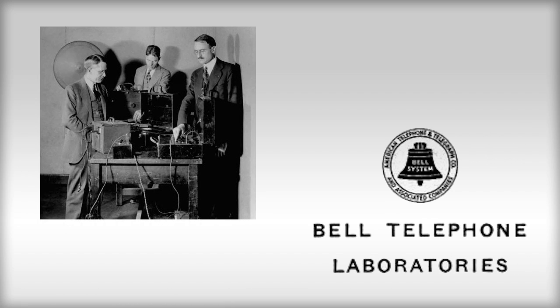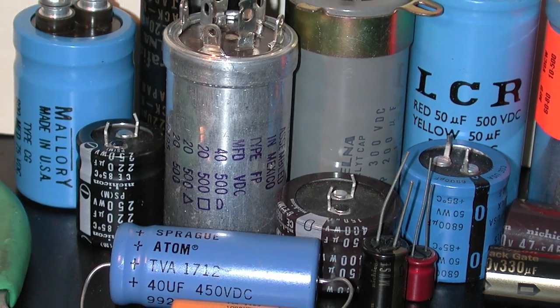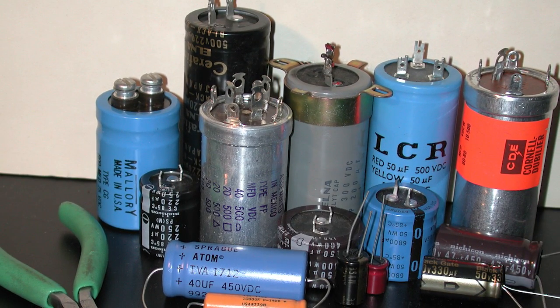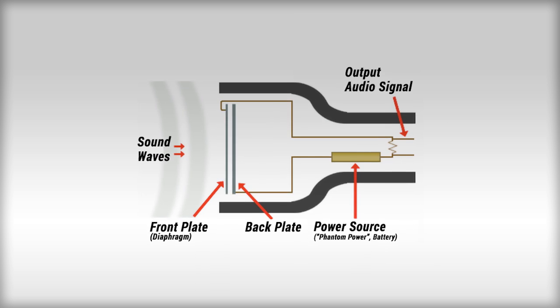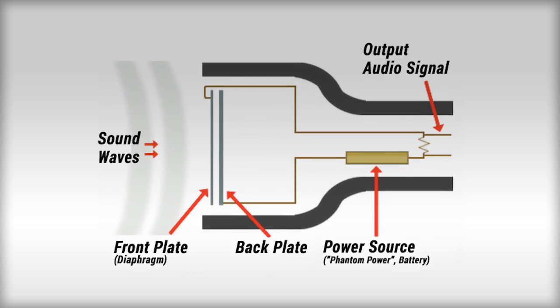Invented at Bell Labs in 1916, another type of popular microphone is the condenser microphone. Nowadays, condensers are better known as capacitors, and capacitors are one of the most basic electronic components, and they're used to store and discharge electrical energy. They typically consist of 2 plates and an insulator, or dielectric. There's a couple of different kinds, but in general, in a condenser mic, the diaphragm acts like one plate of